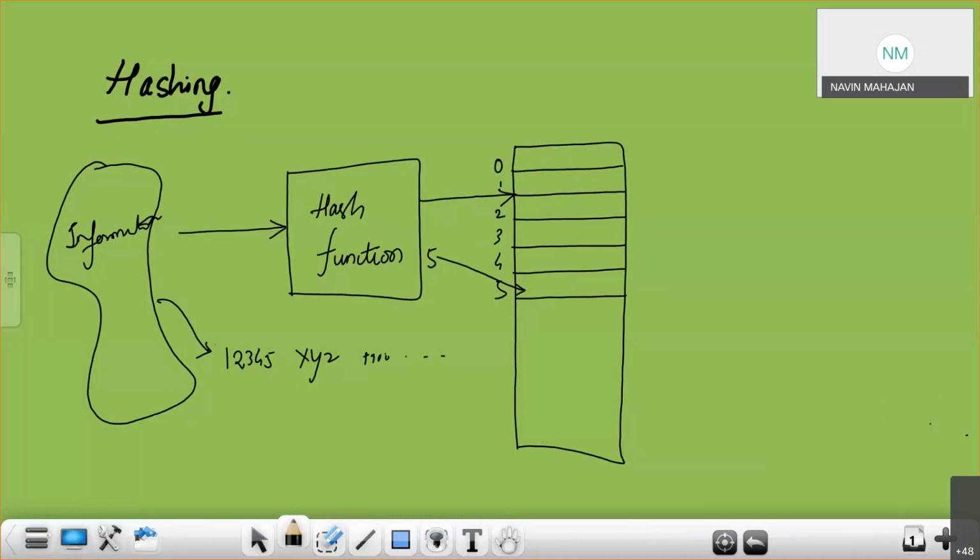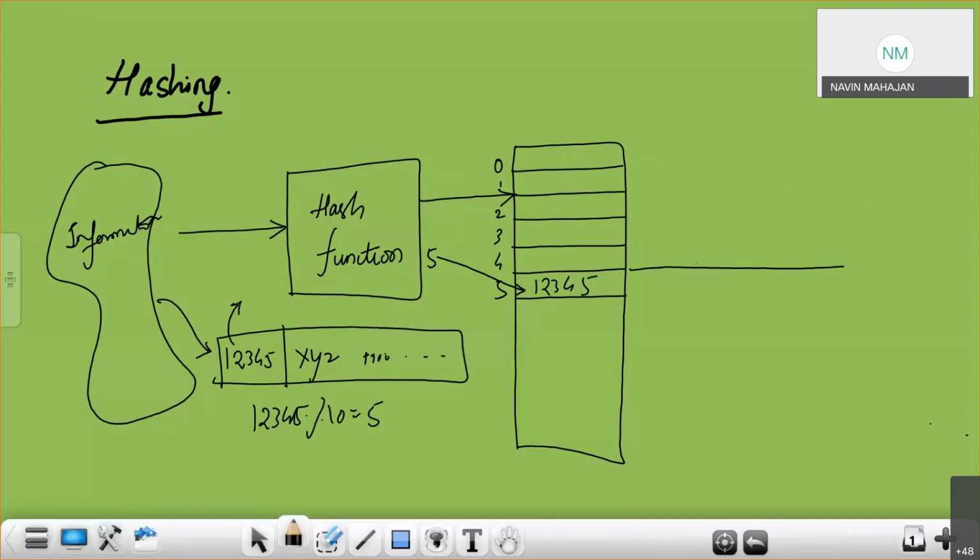And when I apply the hash function on this particular key, suppose my very basic hash function is the division method, where 12345 mod 10 equals 5, the remainder is 5, and I am going to store this here. Then what will happen? 12345, the key, is stored here, the whole record is stored here, and all the information will follow here.